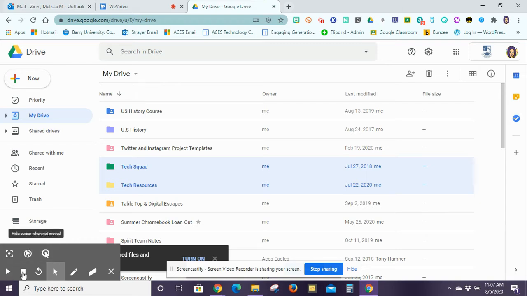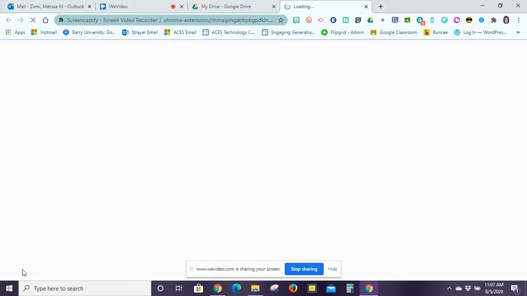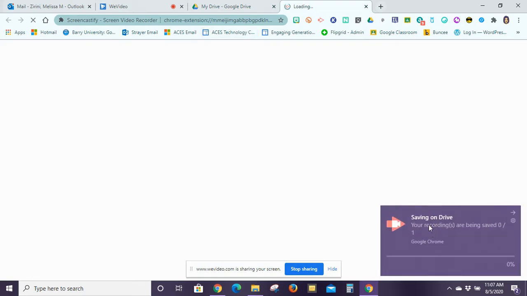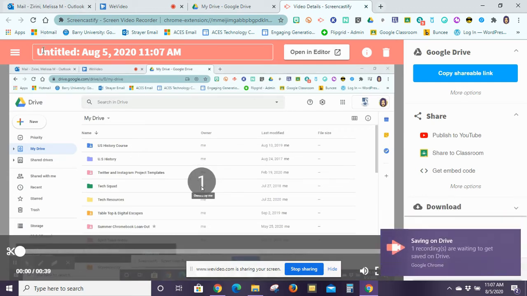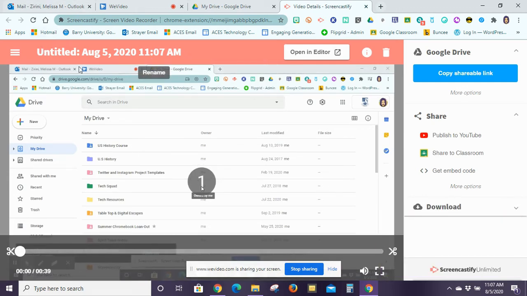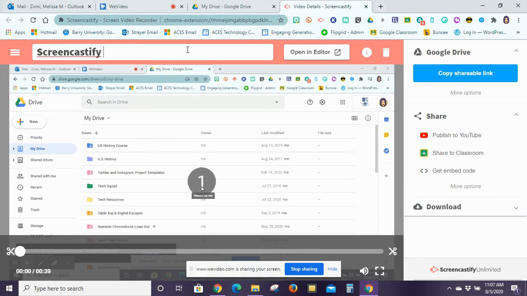But let's say I'm done recording. So I can click on stop, or I can click on stop sharing for Screencastify. That's also going to end the recording. So let me go ahead and click on stop. And you'll notice that Screencastify will automatically start to save your recording on your Google Drive when it's done. It's going to, by default, just title it the date and the time. So you need to make sure that you title the